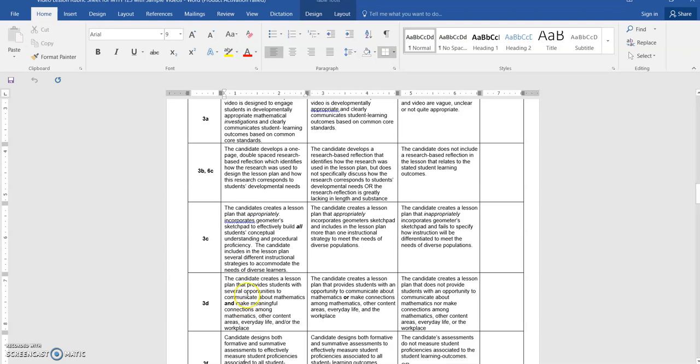For 3D, it says the candidate creates a lesson plan that provides students with several opportunities to communicate about mathematics and make meaningful connections among mathematics, other content areas, everyday life, and/or the workplace. When you are recording your video about your lesson, you want to talk about where you would intentionally ask students to give feedback, to answer questions, to articulate what they're thinking so that they can make those meaningful connections